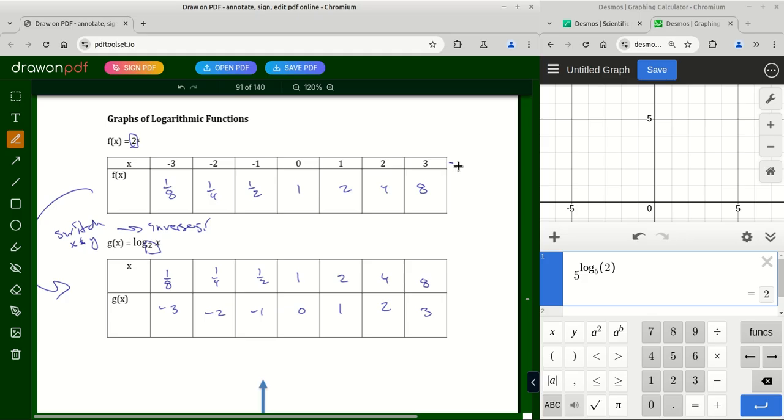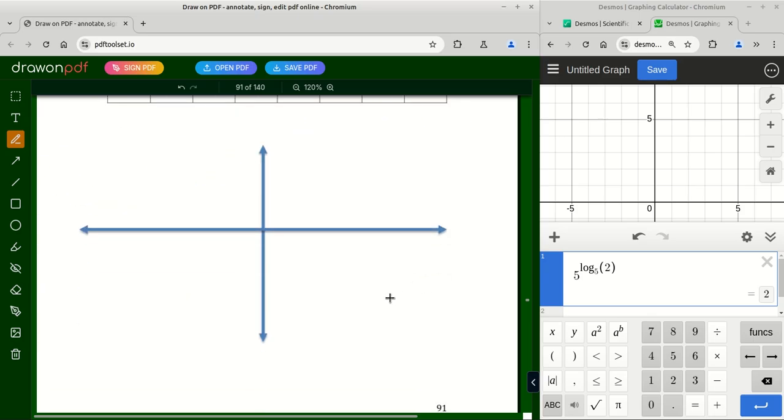Okay, so these two right here, now I just swapped them. There you go. That was it. Now, what does it look like to have inverses? So my exponentials look like this. This is an exponential. And then my logs look like this. So that's a log. And they are inverses, I'm going to write inverses,